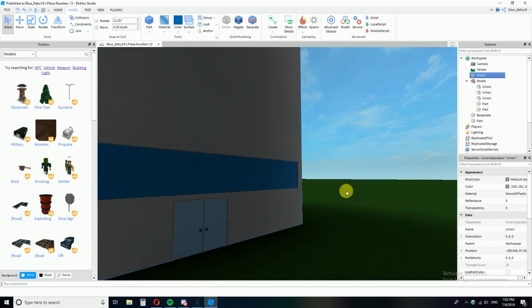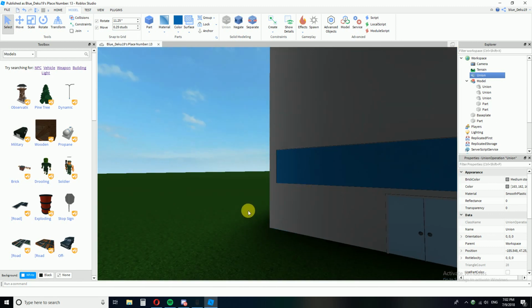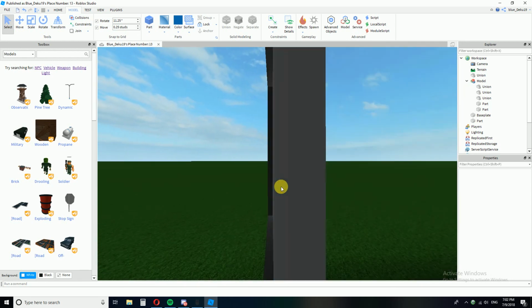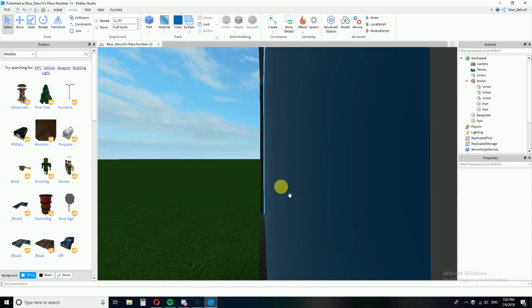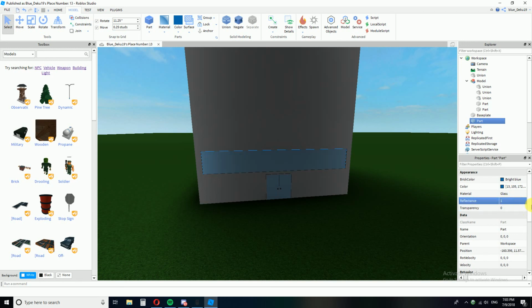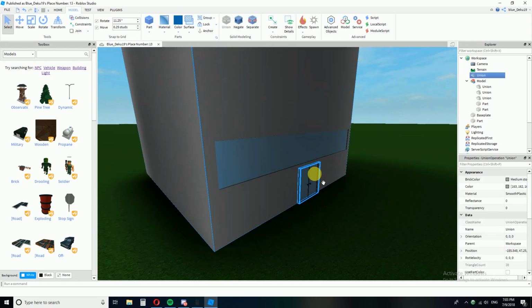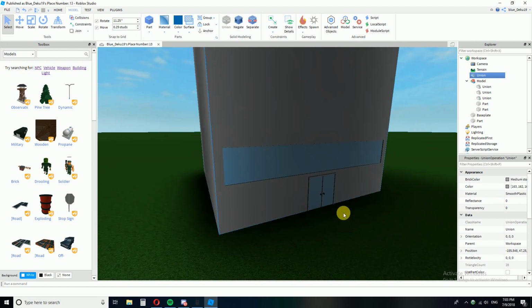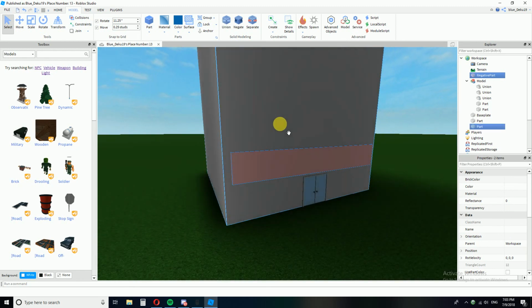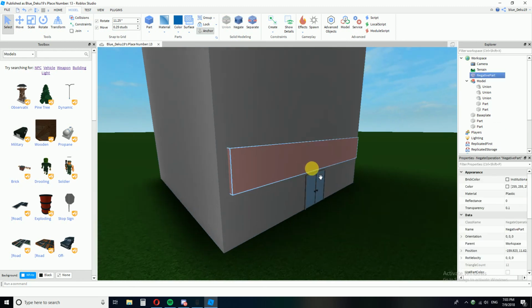By the way, when it's in a union part or something, it's kind of hard to select it. So what you gotta do is kind of go inside of it until, yeah, right here, you can see I'm selecting the right thing. And then bam, I selected it, and I can turn the reflectance up. Make it super reflecty. And then if you ununion this by either pressing separate or Control Shift U, then you copy this